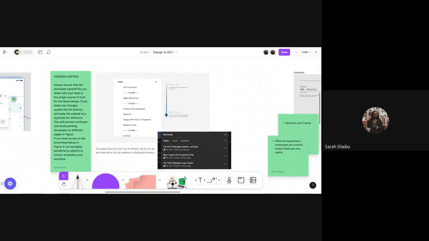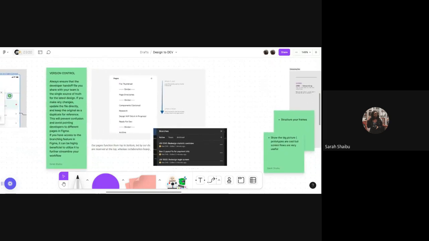And the next thing I would say is also about structuring our pages. I get a lot of feedback from developers that sometimes they're confused because when we hand over a project to them, the first time the designs are stored in a file called designs. The next time the designs are stored in a file called UX work. The next time it's stored in a file called something else. So it's very important to actually have a Figma page structure, right?